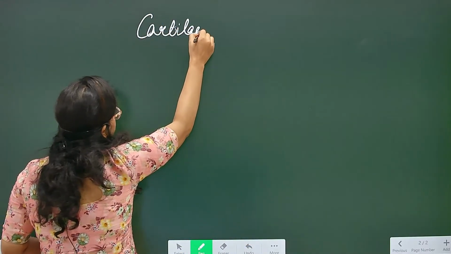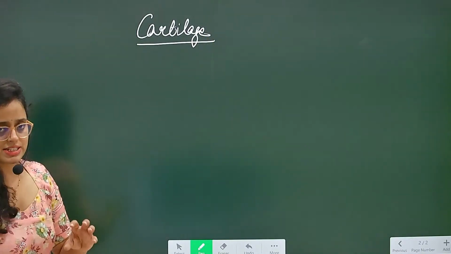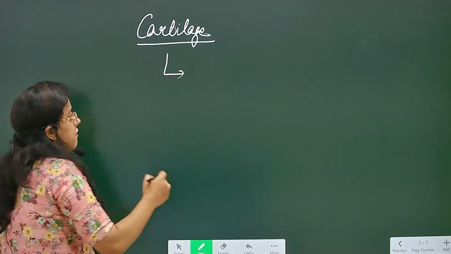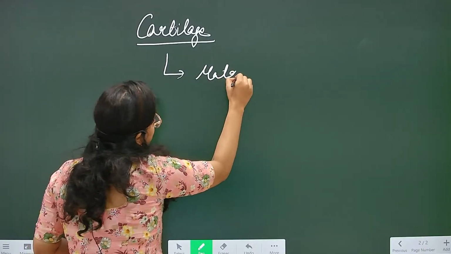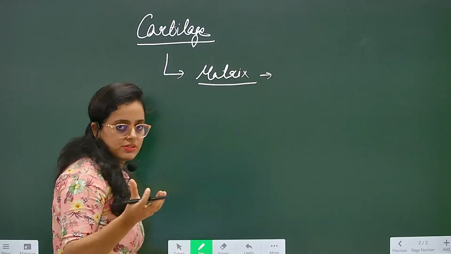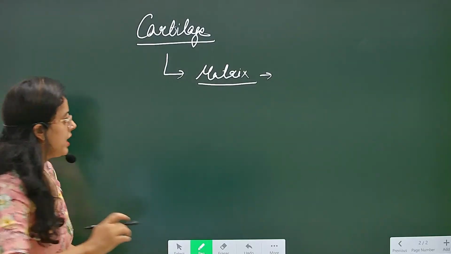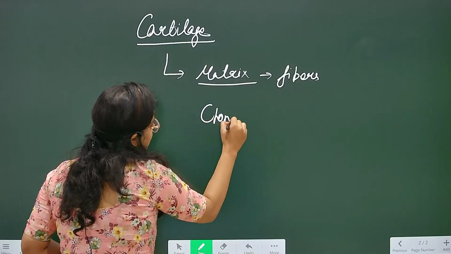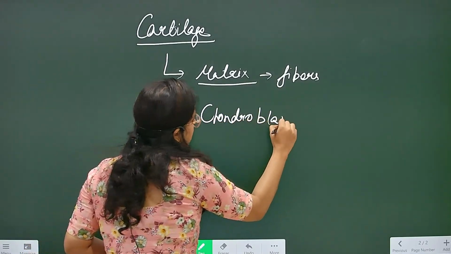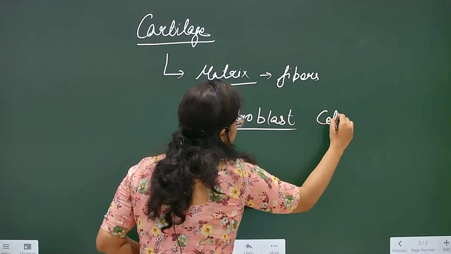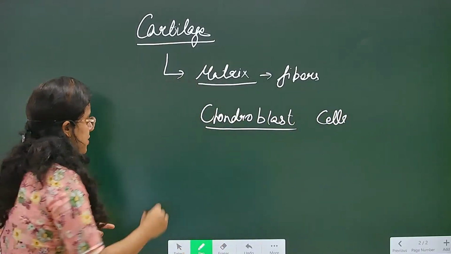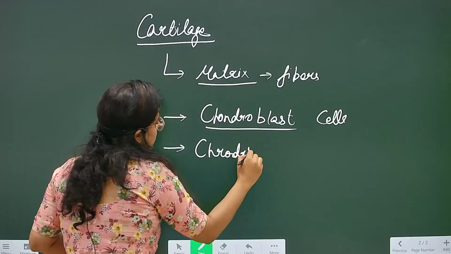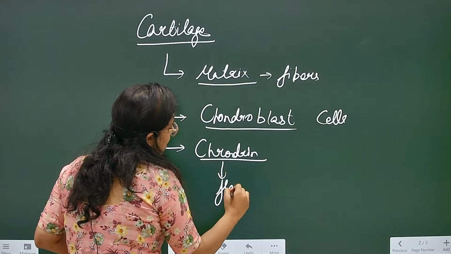Cartilage is more flexible or elastic as compared to the bone, right? Now this cartilage is flexible because its matrix consists more of fibers than minerals. This is the difference between cartilage and bone, right? It consists of fibers. It also consists of chondroblast cells, which, as I have told you already, lay the matrix of the cartilage. Now they also consist of the protein chondrin. This provides the flexibility